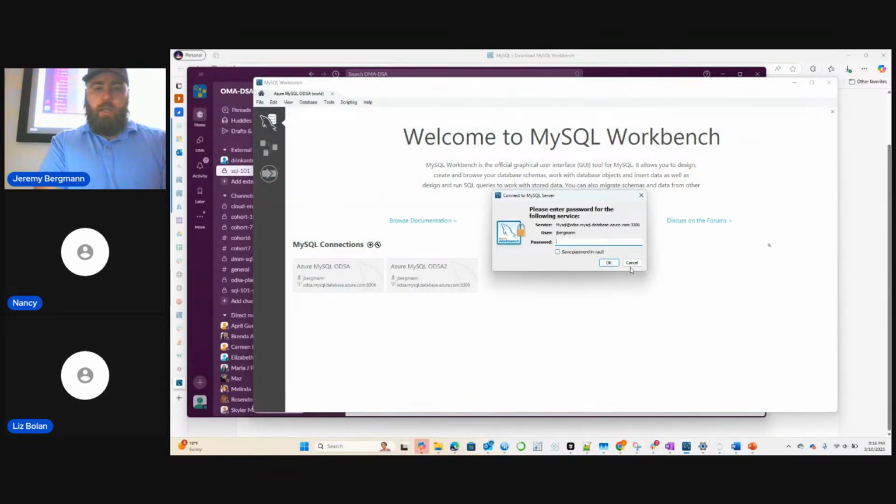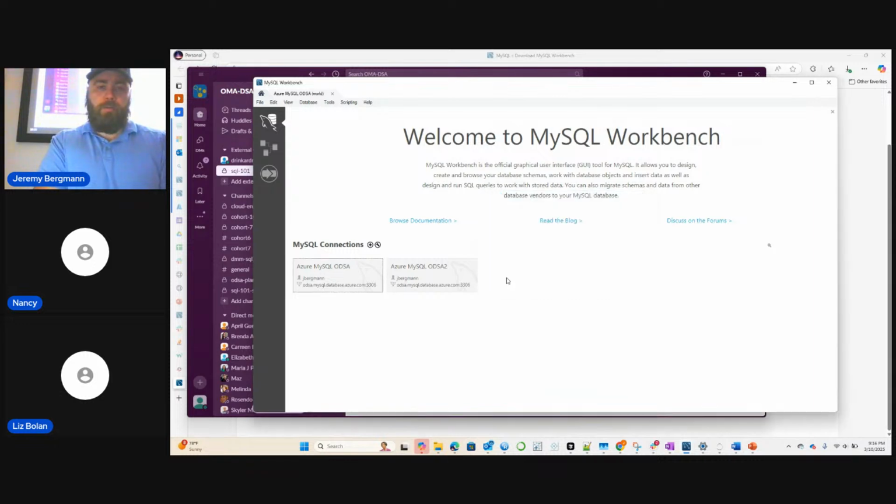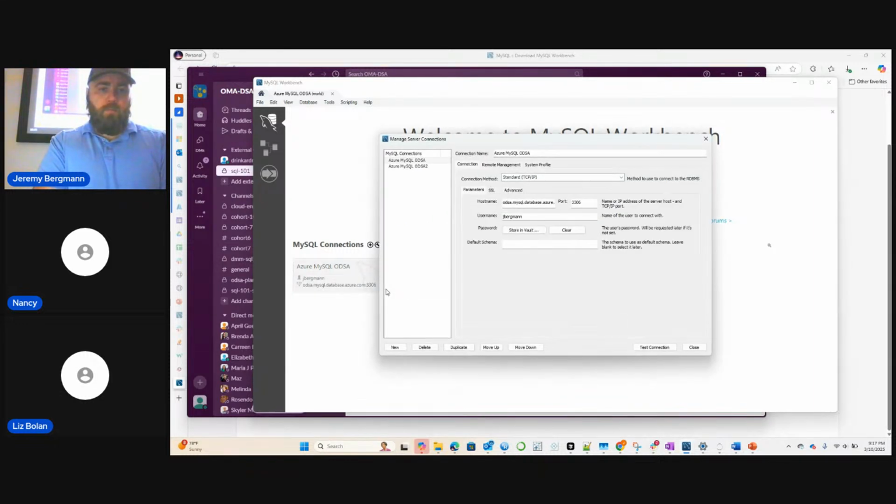So it should look something like this. Yeah, you're right there. So you could write a new query and put it there and then hit the lightning bolt. And then just the password. You could take that and select.